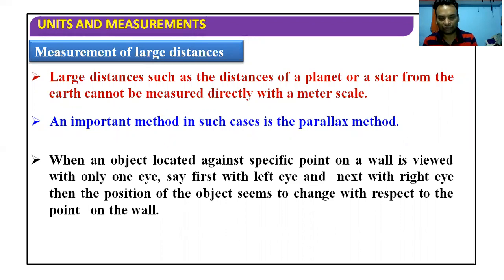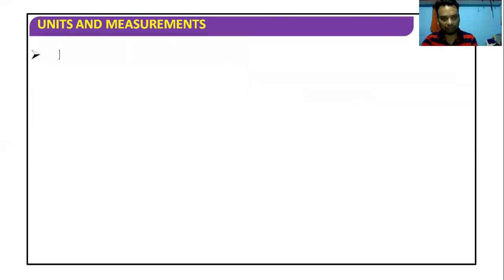If we want to understand parallax very clearly, take a wall which is 10 to 15 meters away from you and make a spot on the wall. Close your left eye and observe the spot, and then close your right eye and observe the spot. What you will find is two different locations of that point on the wall. The two different positions of that particular spot on the wall, that is called parallax.